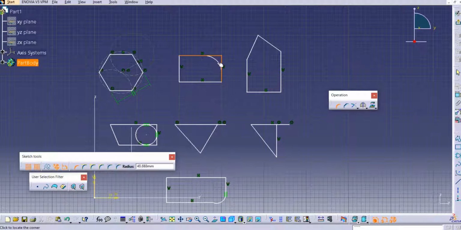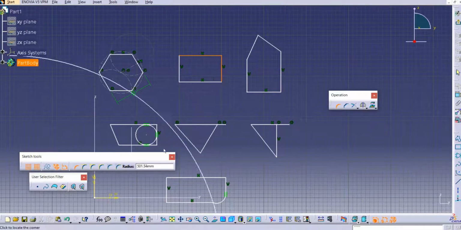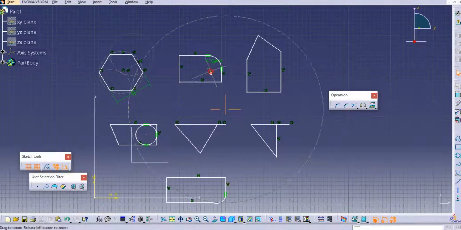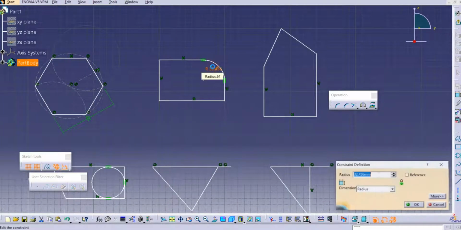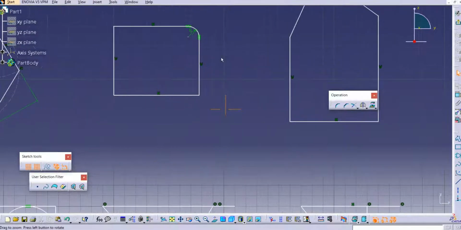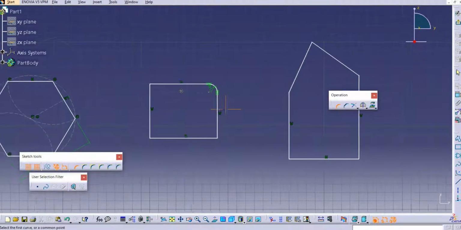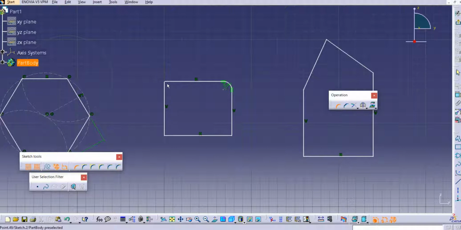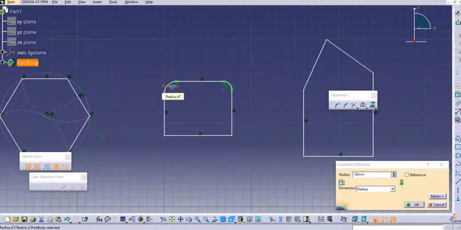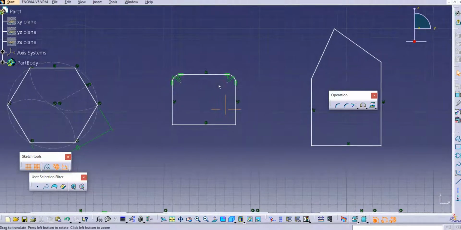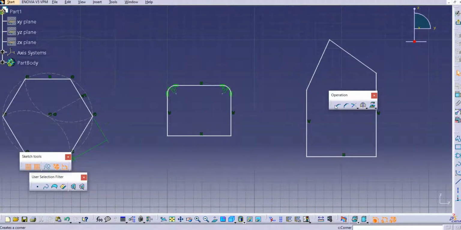You have to provide the radius here, and you can provide the radius also. Just select the radius, click on the point, and you can modify it later on as well. Just add 10 mm, and it will create a corner of 10 mm radius. Similarly, if you have the corner point available, you can just simply select the corner, and you can just drag it to provide the radius, and then later on just change the radius to 10 mm. So in this way it is very simple to provide the corner.